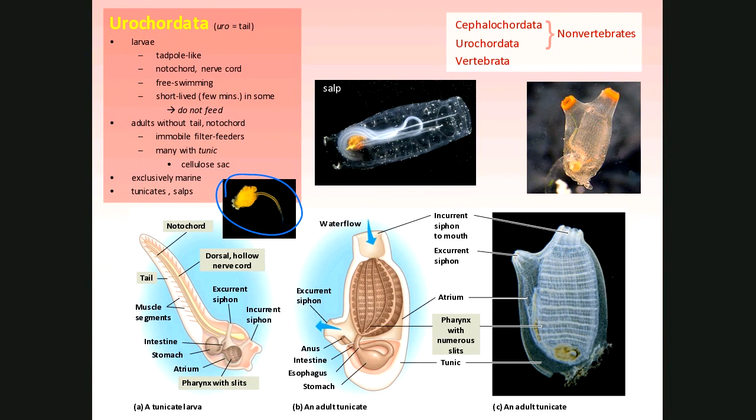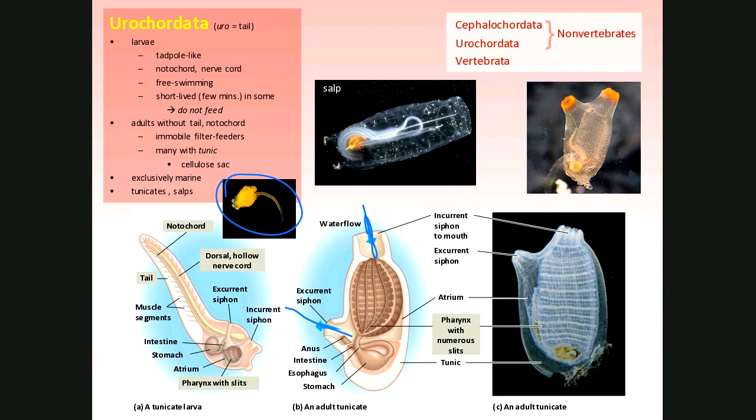You can find them growing very often. They're sessile. Very often see them growing on piers and stuff. We call them sea squirts sometimes. You may not even know that it's an animal. You grab it and squeeze the water out of it is where the sea squirt comes from. But they're filter feeders. Water flows into an incurrent siphon, kind of like the clam, right? Out through the excurrent siphon.